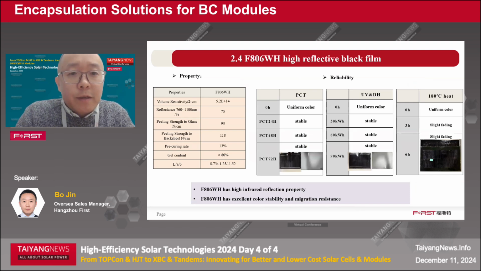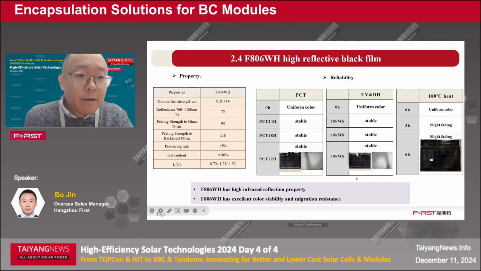So this material, the model name is F806WH. For the property, you could see that the reflection rate is on average 75% in the infrared wavelength, and it also has very good reliability. You could see the PCT test result and UV plus DH test result, and also the heating test result. It has very excellent